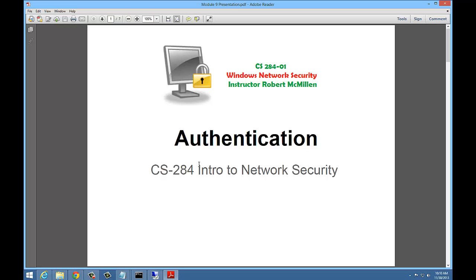Of course, there's a chapter on authentication which goes even further into all these different things and touches on some other subjects as well. And that is the end of our Module 9 and the end of our lecture series